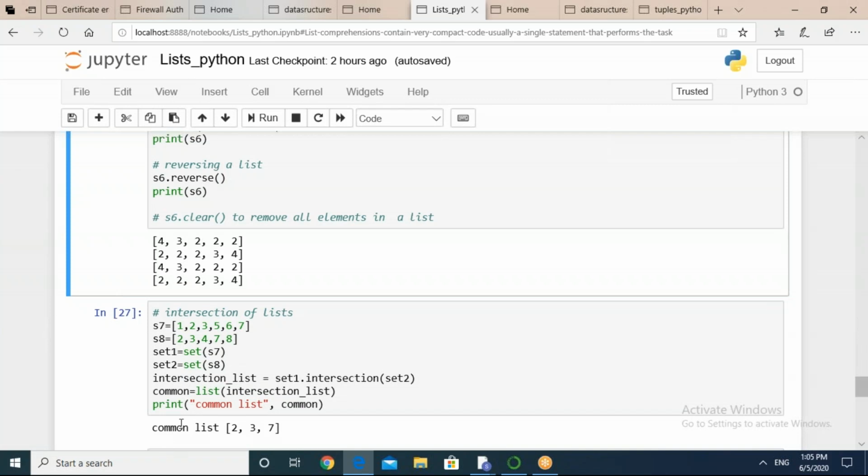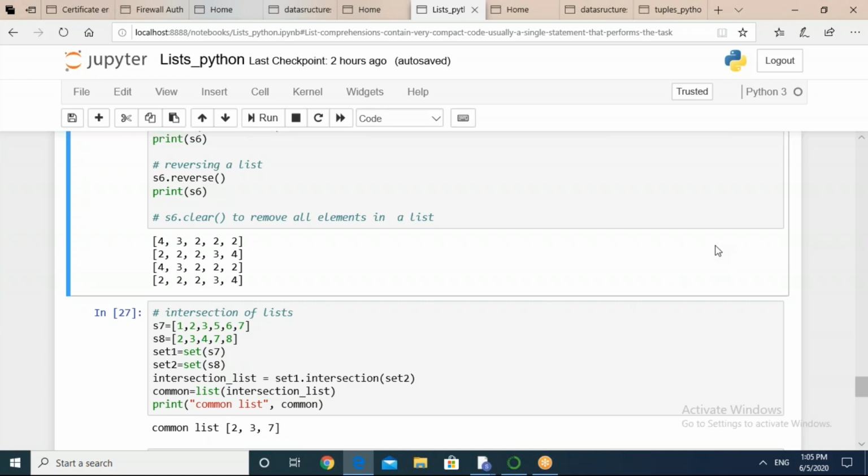And after that I have just displayed the message common list and the common variable which is holding my output. So you can see here that the answer is 2, 3, 7 from the S7 and S8 lists.